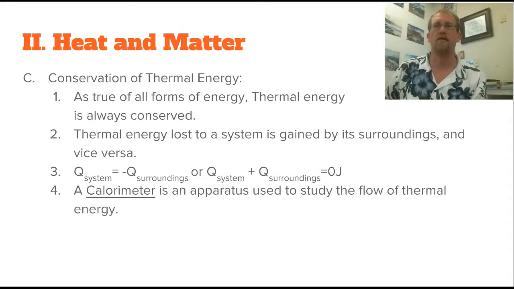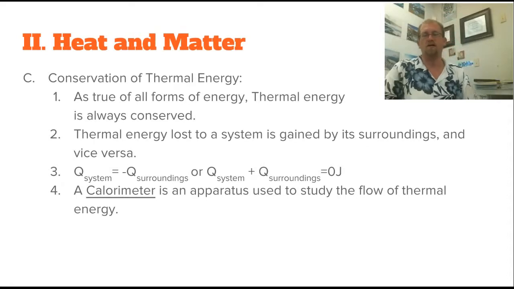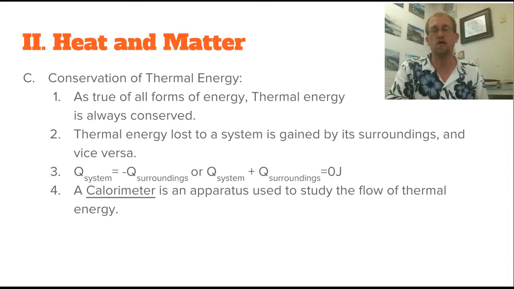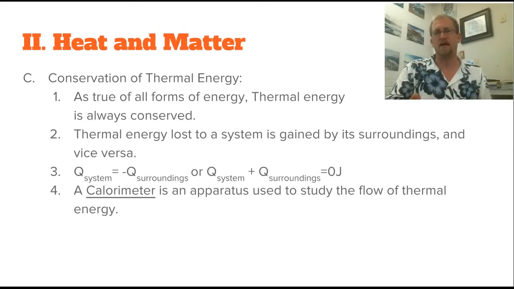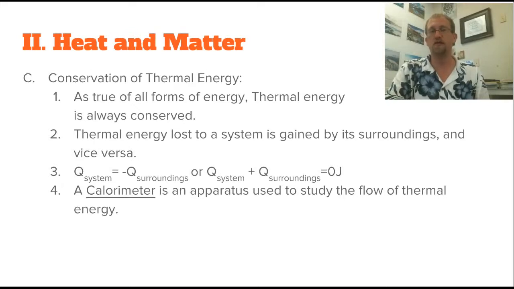Alrighty, now looking at the conservation of thermal energy. Like all forms of energy, it cannot be created or destroyed. It only changes forms. So when something gets colder or hotter, thermal energy is flowing either from itself to something else or from something else towards it. The thermal energy has to be accounted for. It isn't created. Something doesn't just poof get hot. So the thermal energy is either being created because some other form of energy is becoming thermal energy, like a chemical reaction, or because something hot has been put near the system that you're looking at